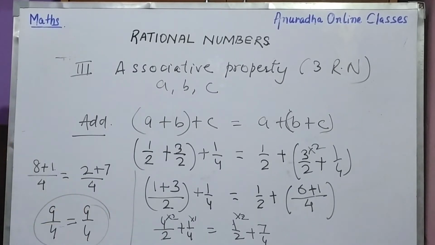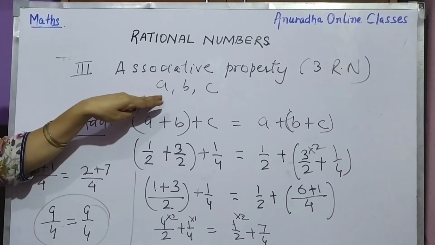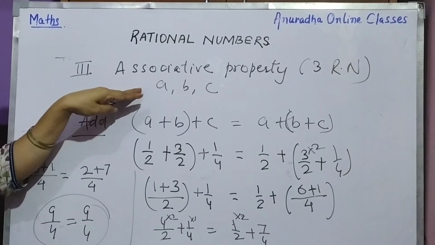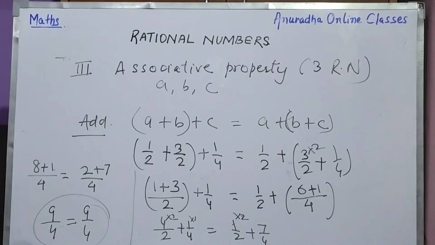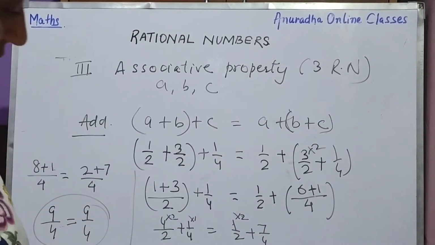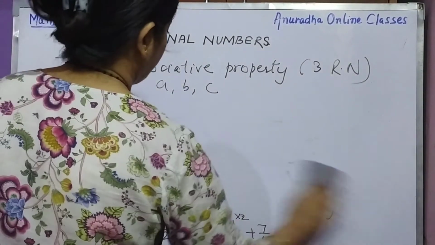See children? Wow. Both are equal? Yes. Means addition of rational number is applicable. Means associative property is applicable for addition of rational numbers. Right? So let us see the second part, second operation, that is